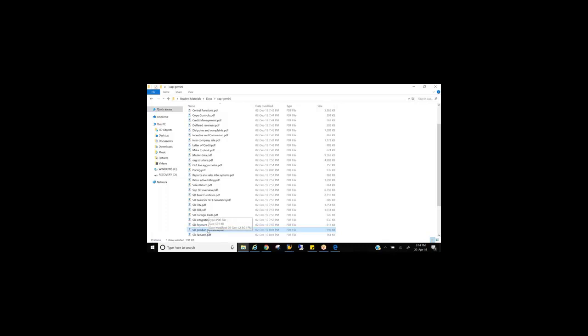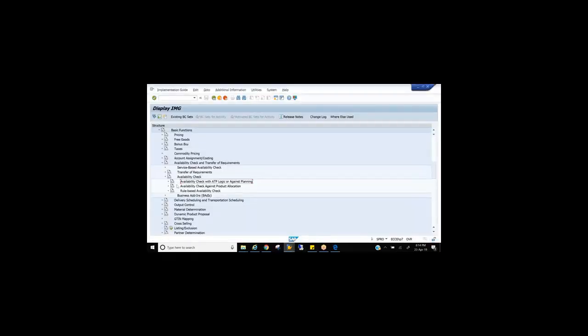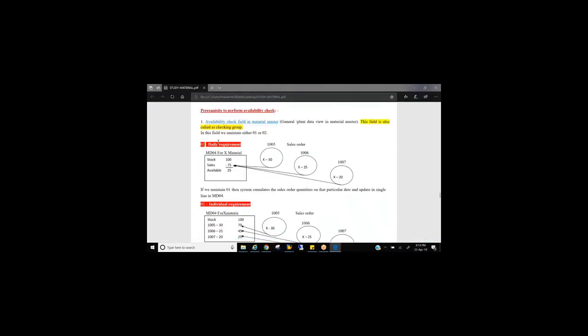Okay. So what is product allocation? I'll just tell you when we discuss Material Master. I hope I already told you what it is, but I'll give a little brief on that, but will not discuss everything. So the configuration for availability check is availability check ATP logic. Just click here. First thing is checking group. As I just told you, checking group is nothing but the same availability check field in the Material Master. In the Material Master plant general data, you are seeing a field called availability check.